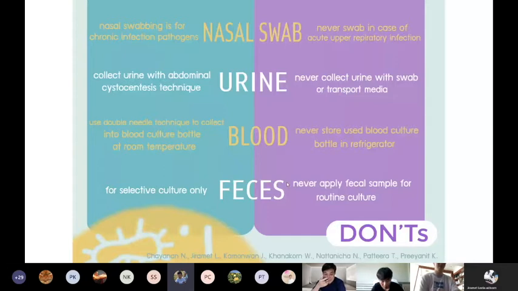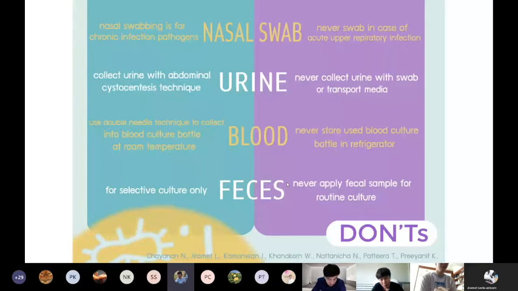And the next one is feces. Feces is just not a sample for routine culture. Routine culture is different from routine diagnosis. We can use feces to find parasites, for example by putting it under the microscope and looking for oocysts or live protozoa. But for bacterial culture, we don't do it routinely, because in the environment of the GI tract we have a lot of normal flora,